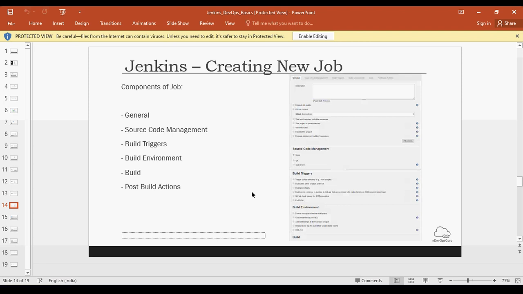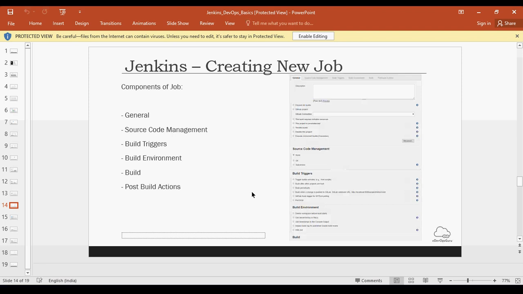This job also gives you functionality where you can call your shell scripts or bash shell scripts, because many of the functionalities might not be available through plugins. In that case, we can use shell or bash based upon which platform Jenkins is running on. So we can create complex workflows using these jobs.